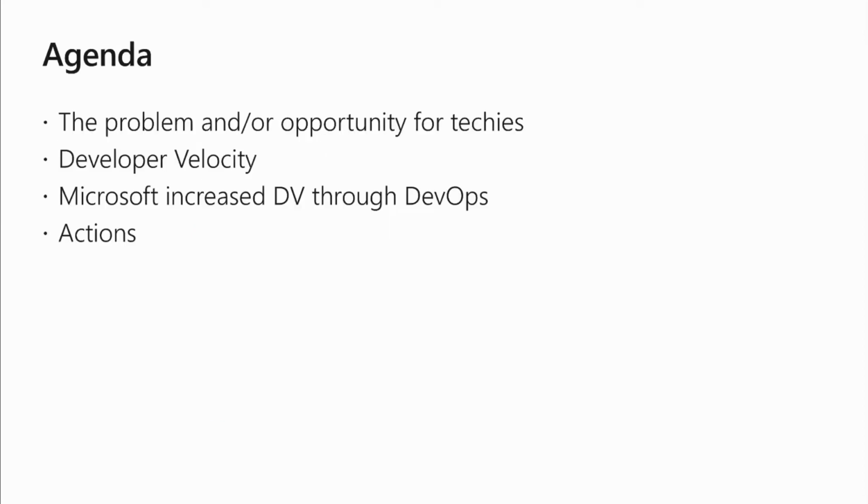So as I said today, we're going to talk about what developer velocity is, outline some of the problems that we face, kind of a structural piece around being IT folks in businesses. We're going to look at some of the areas that you can improve and why you should. Chris is then going to take us through how Microsoft has been on our developer velocity journey with a really big focus on DevOps. And then we're going to look at some of the different actions that you can be taking that make it easy for your business to start getting more value out of tech and the hard work that you do every day.